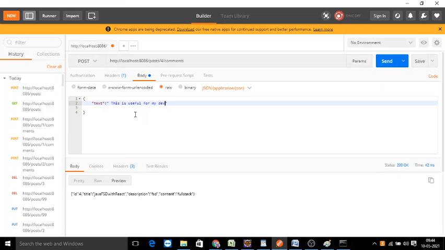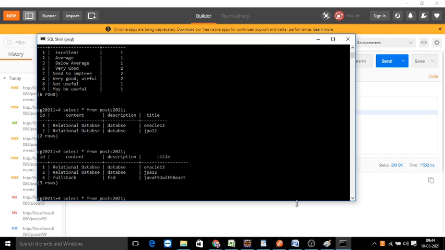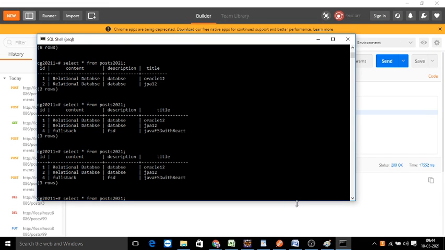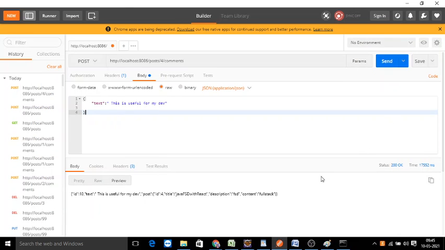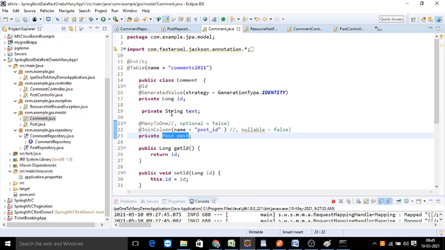Body raw text comments for, so this is the fourth record we are adding here. So post is 4 and comments is, okay. This is useful my dev for 4th. This is how you can perform with the many to one relationship.